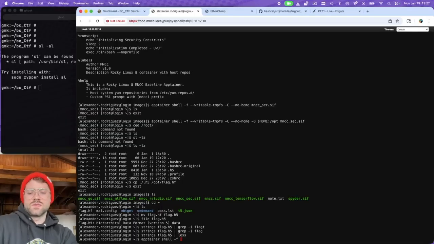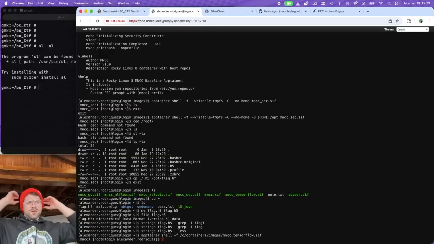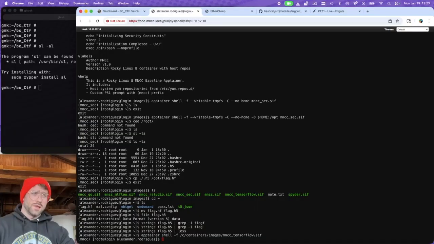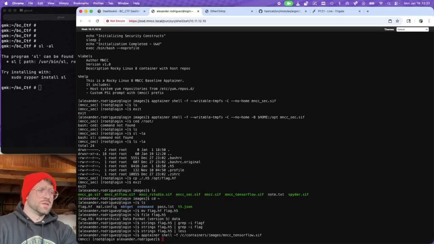We don't need writable tmpfs. -c, --no-home, containers, images, where are we at? MNCC, TensorFlow. So what we did there was we took the MNCC security container because we saw the H5 file has been populated within that container. So the APT could have been like, hey, we want to keep this model forever within the cluster. Let's hide it in a place that seems secure that many people wouldn't look. Hopefully that would have been one of the first places to look into because it had security next to the name. So that's probably one of the first containers I would have popped in and poked around at.